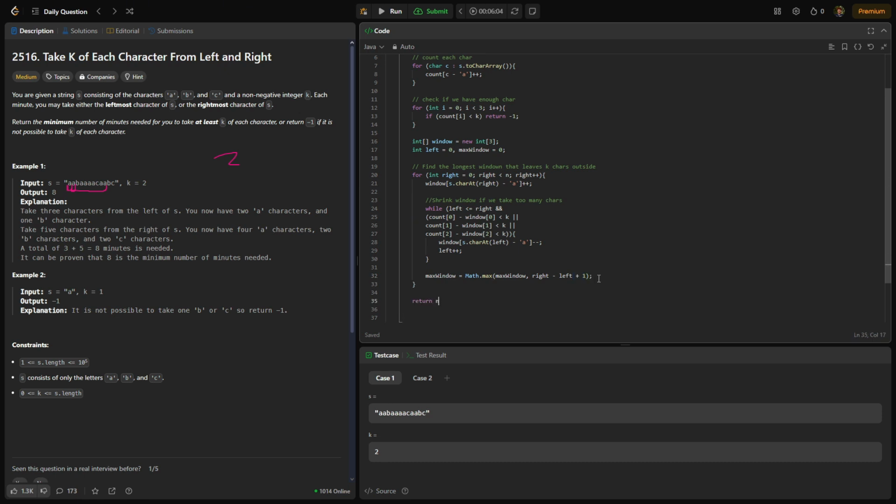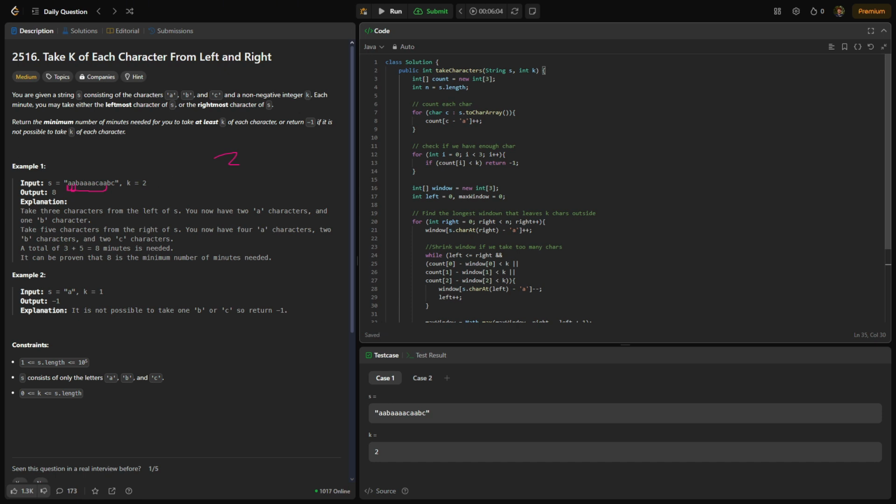Then we can return n minus our max window, because remember, n is our total length of the array. So if our total array length is 12, and we could get rid of 4 characters, leaving k amount of each character still in the array, then the output is our answer. So that's our max window. This is our n. Subtract 12 minus 4, we get 8. That is our answer. So if we run this,